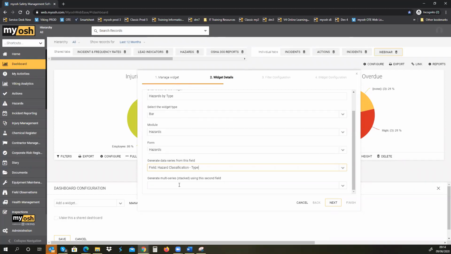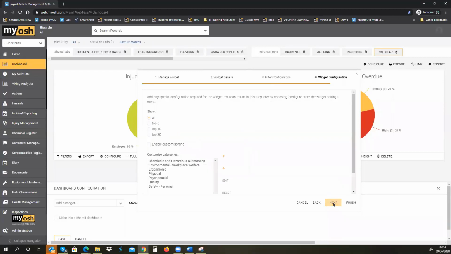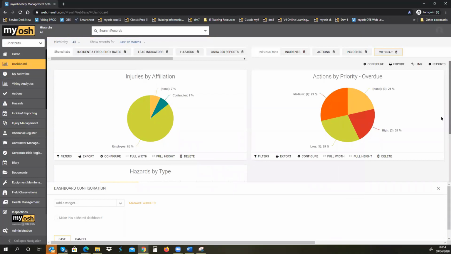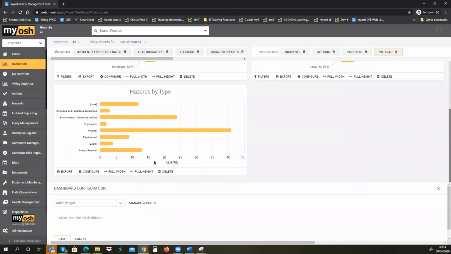We're not going to go with a multi-series with a stacked column. We'll just keep it simple. And again, we'll leave the custom filter in this example initially. So when we move down, we're able to see across globally within the business, all of the different hazard types